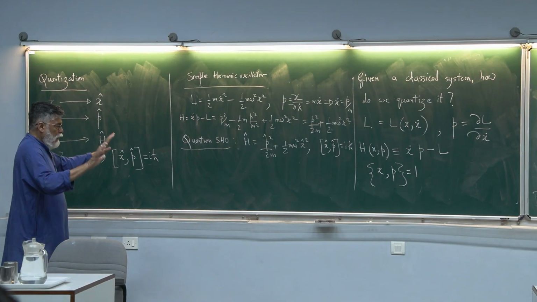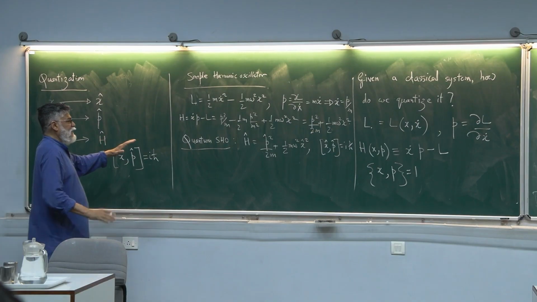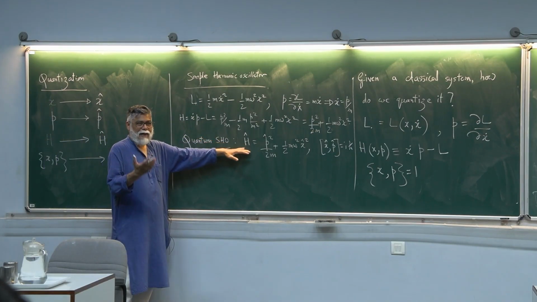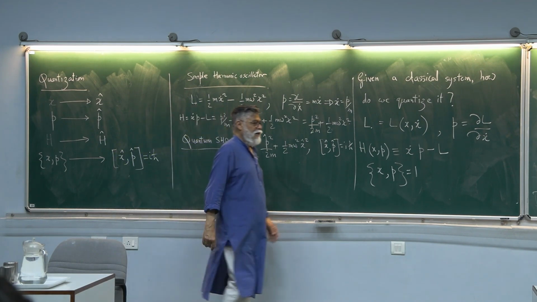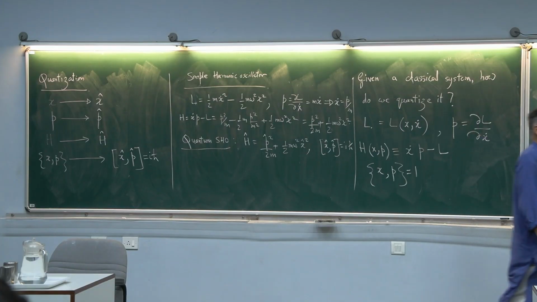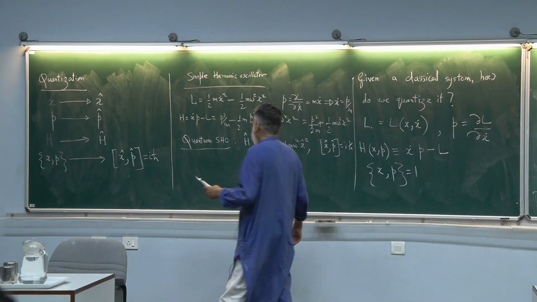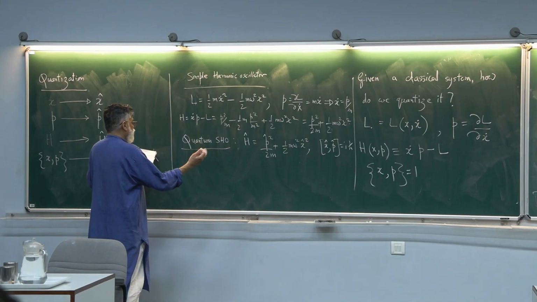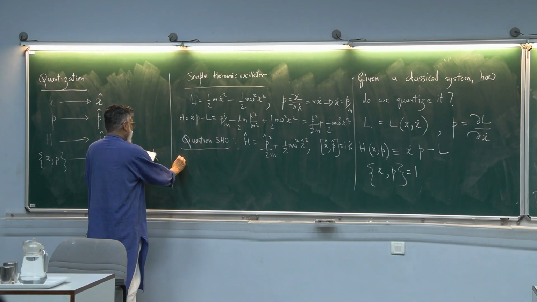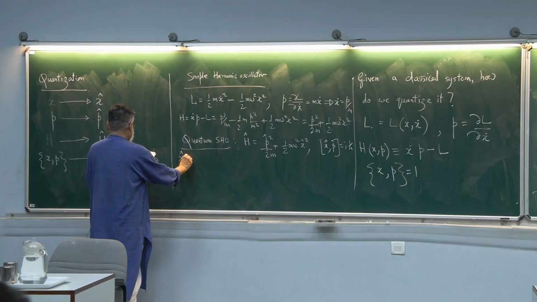So when you do the simple harmonic oscillator, that is what is to be done, and Dirac developed a beautiful approach where you don't have to use a differential equation. Purely through algebra, you can solve for the energy eigenstates and energy eigenvalues. And the idea is to define two operators, raising and lowering operators, A and A dagger. So essentially you introduce two operators A and A dagger and rewrite the position operator as